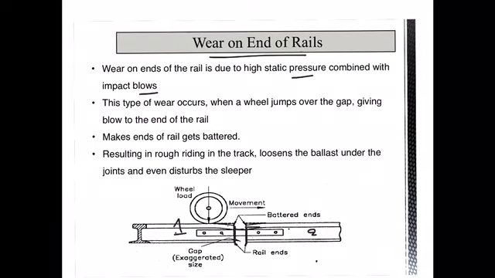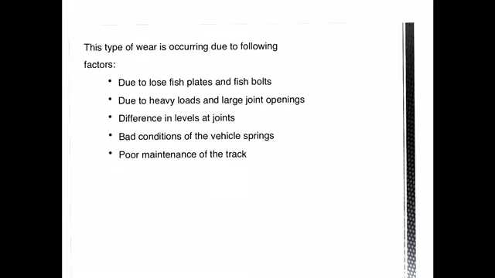So because of the frequent application of such static pressure as well as the impact load, what will happen? The ends here get battered. So you can see here the ends get battered. As a result, when the ends get battered, that results in a rough riding track, and also whatever ballast packing we have below it gets loosened, and that even disturbs the railway sleepers. Now we'll look into the reasons that are causing the rail wear